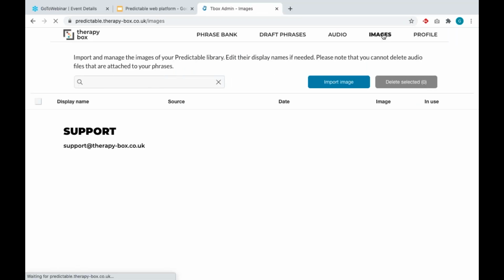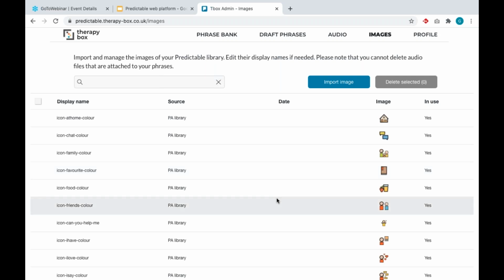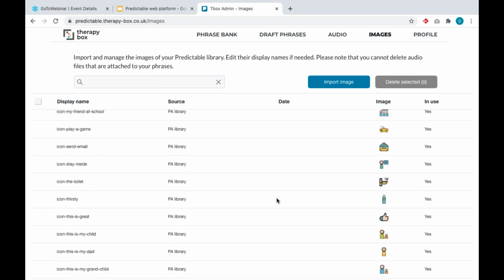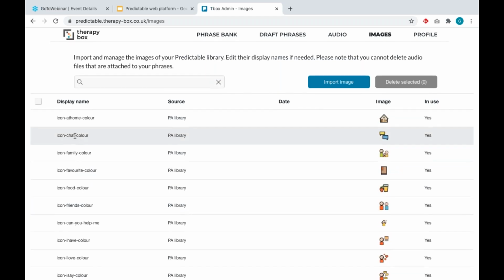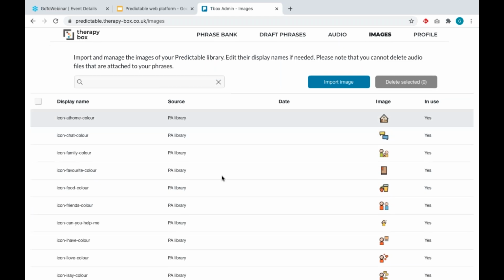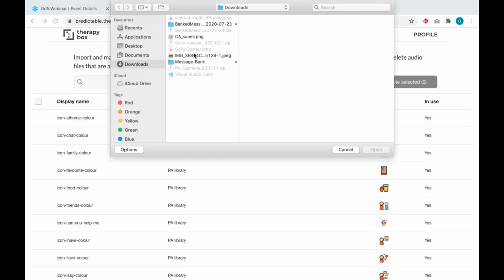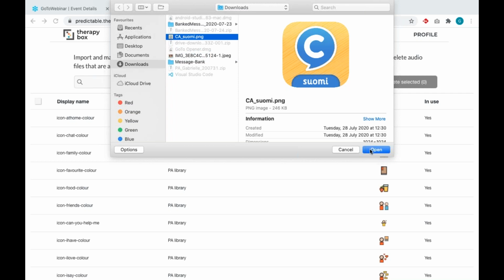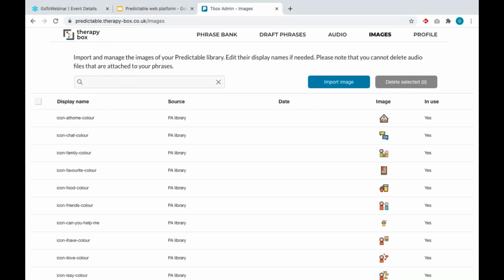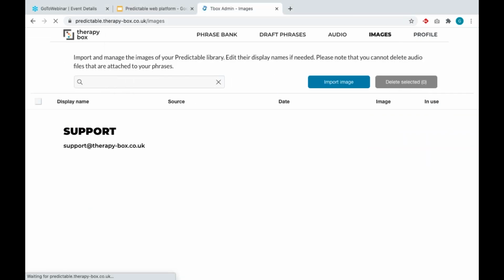Then if I go to images, I can see all the default images. As you can see, there is no checkbox here because I can't edit them. So I can't rename them or delete them because they are the default ones. But if I add a new image, for example, this Chatable Suomi logo, if I add it to this section,